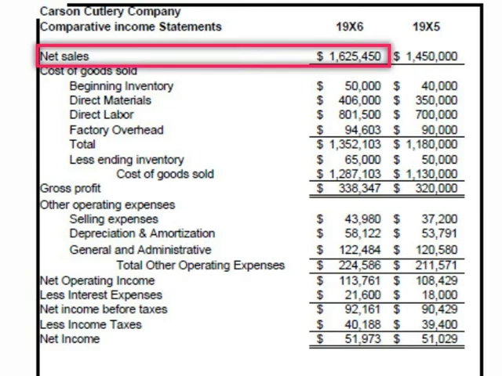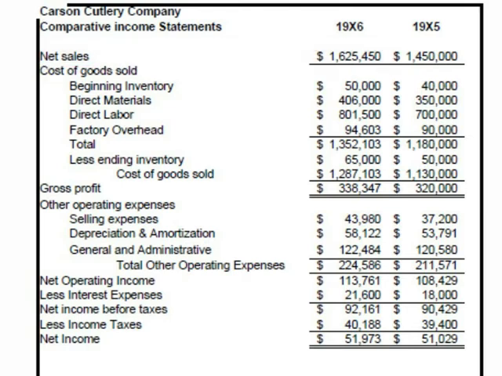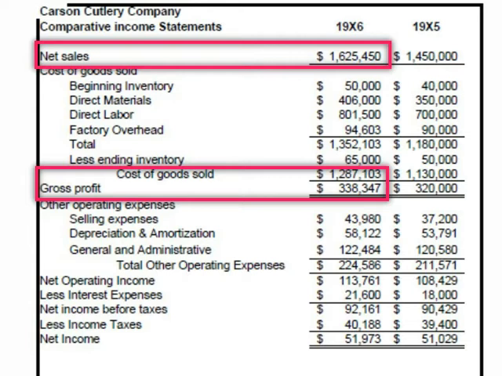So here we have, say for instance, for the most recent year, the net sales is 1,625,450. And then we have to compute how much it cost us to make those sales. That is, how much it costs us to acquire or manufacture those sales. Since this is a manufacturing company, we need to take into consideration inventory and materials and labor. I'm going to explain that in a moment. Let's just consider right now that the cost of the goods sold is $1,287,103. So if we subtract that from the sales of $1,625,450, it gives us a gross profit of